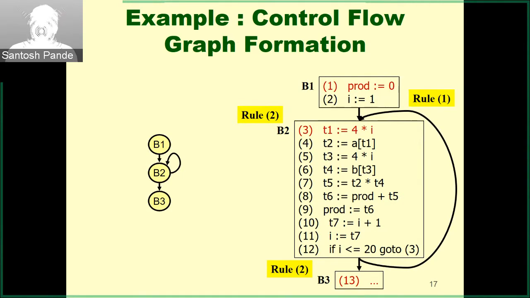There could be, as I said, multiple predecessors coming from B1, but all of these will eventually enter here. Maybe there are different initializations and so on, but they will all enter at B2. From there, the B2 things will execute. At the end of this, you will check if the predicate is true or not. If it is true, it will branch back. Otherwise, it will exit. So you can see that there is a cycle which is formed here, but it is